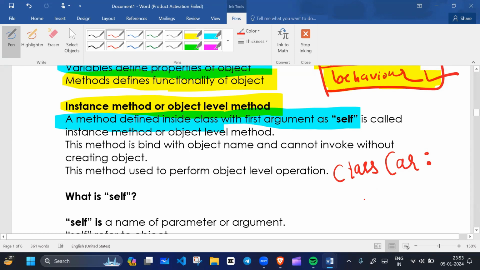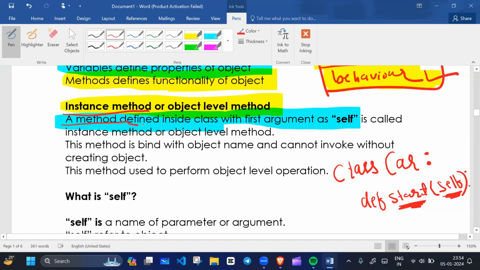In the class, you can define methods like this: def start. If start is an instance method of the class, it should have the parameter self. The method which contains self as the first parameter is known as an instance method of the class.